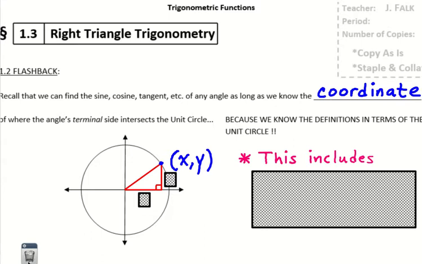Because again, think back, we would figure out the sine or cosine or tangent, etc., using those definitions that involved x, y, and r. And if it was the unit circle that these coordinates lied on, the radius would have been what? The unit circle has a radius of 1. So the sine would be y over r, so we would need a y coordinate over r, and so on. So as long as we knew the coordinates,